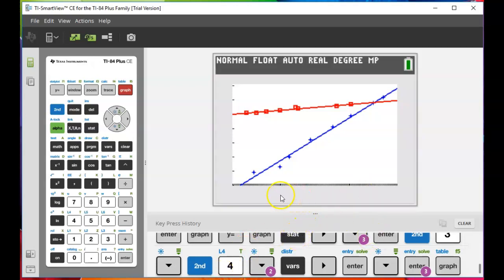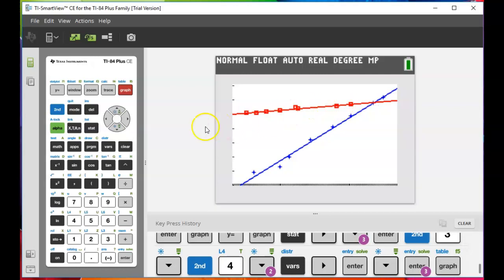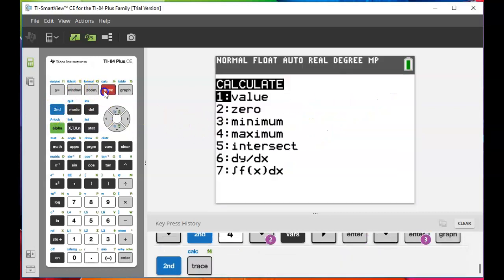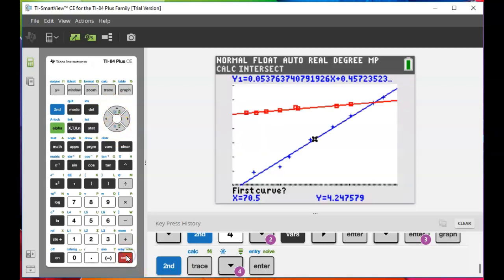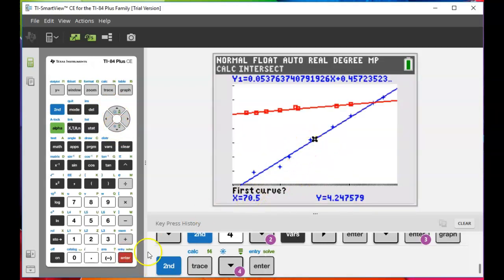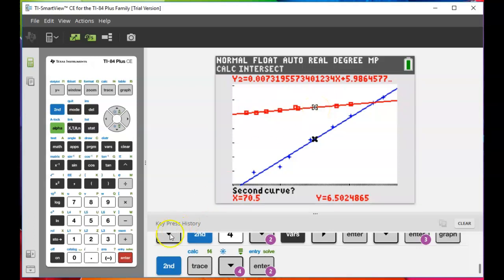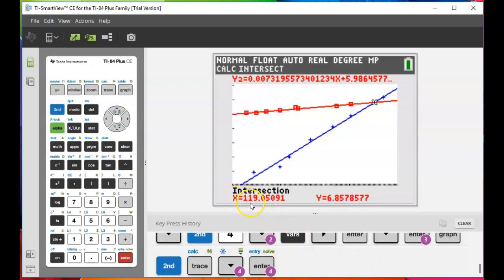All right, and then the last thing I want to do is I want to see where these lines are intersecting. And in order to find that, I can go to second trace, that's my calculate. I'm going to go down to my intersect function, and I'm going to first choose the first line, which is that one, enter, and the second line. So if I had more than 2 lines, then I'd have to switch it between lines, but I only have 2 lines, so enter. It says, do I want to guess what it is? No, I don't want to guess, so I just hit enter again,